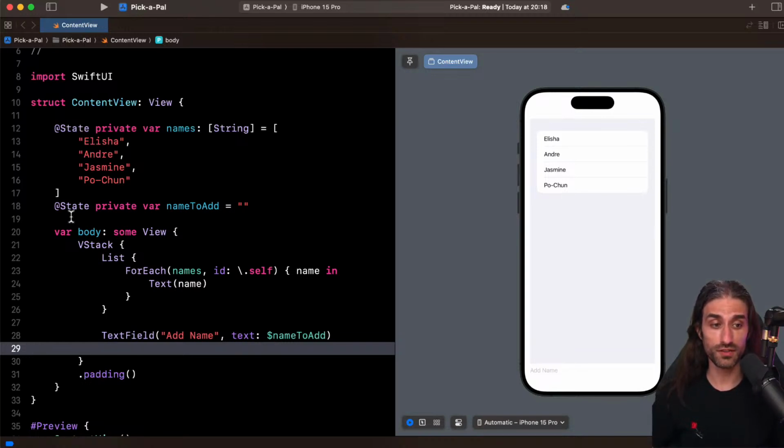For it to be sufficient, you also need to have the property be used in the body. This way, if a property is marked as @State but not used in the body, then the body will not be recomputed. And the idea is that at scale, it can have a benefit on performance.